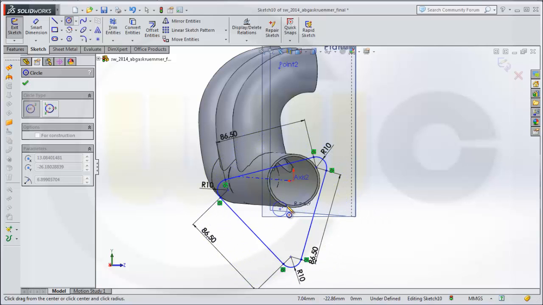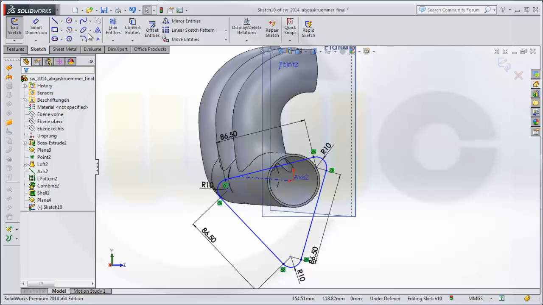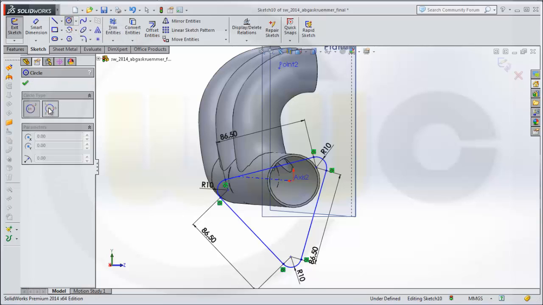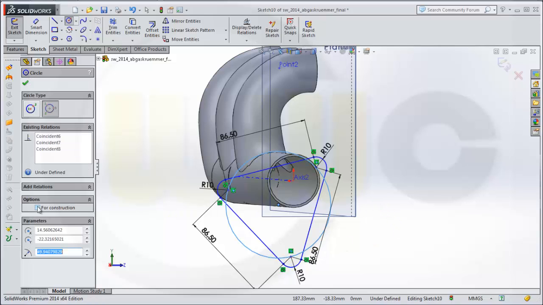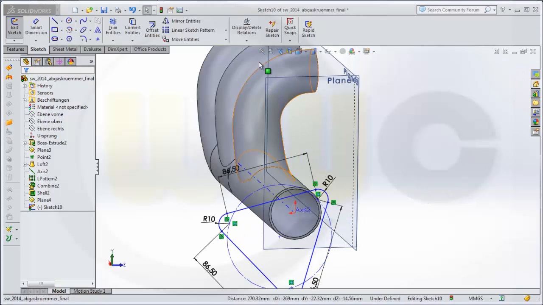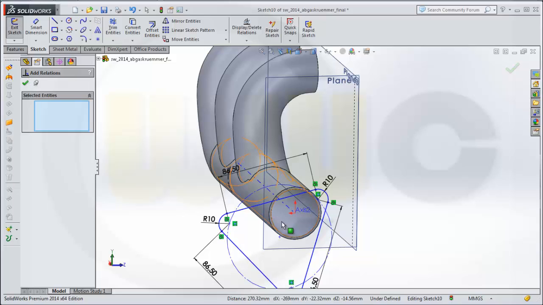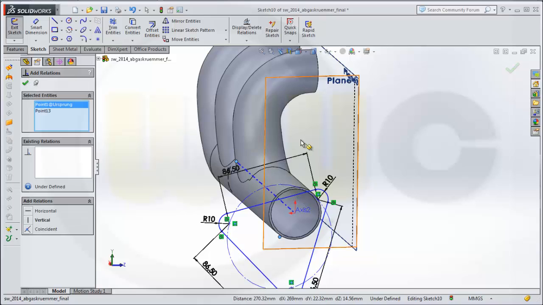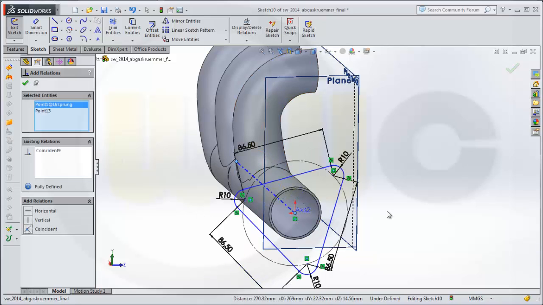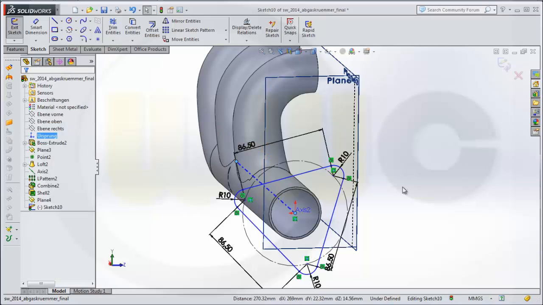Or I could do it with a 3-point circle. Oh yeah, I could do it with a 3-point circle. So let's go for a circle, 3 points, 1, 2, and 3. And this is just for construction only. Now I can add a relation between this center point and this point, make it coincident, confirm it,